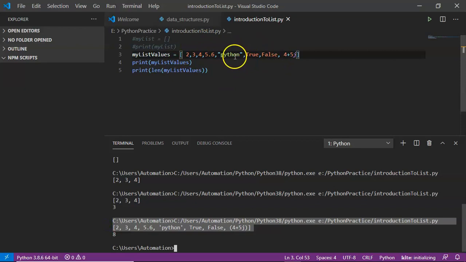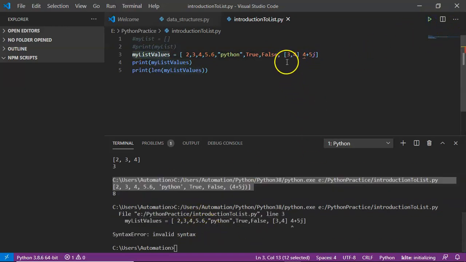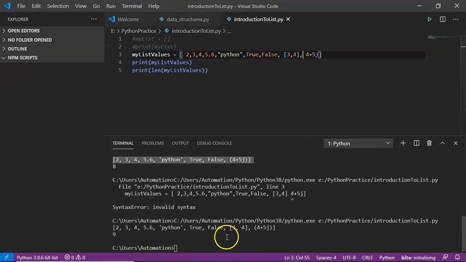Not only different data types, you can also include a value as a list inside this list. Suppose here I want to write some value, but instead of that value, you can take that value also as a list. Suppose I am taking a list which consists of 2 values. First thing, this entire thing is one value for your variable, but inside that we have multiple values. Yes, no problem. See the result. What happened? Yeah, here I missed a comma. So all values must be separated with commas. See the result. That's it.